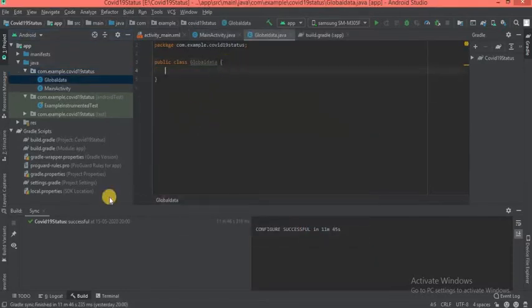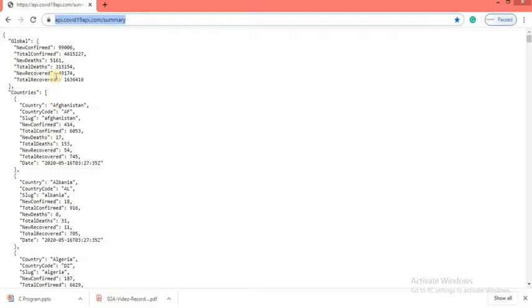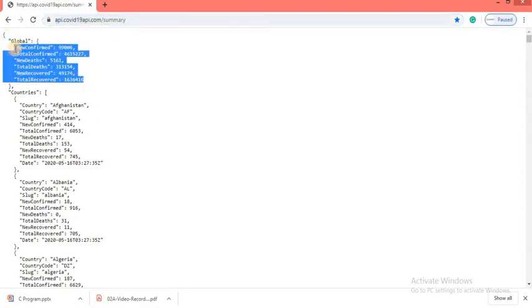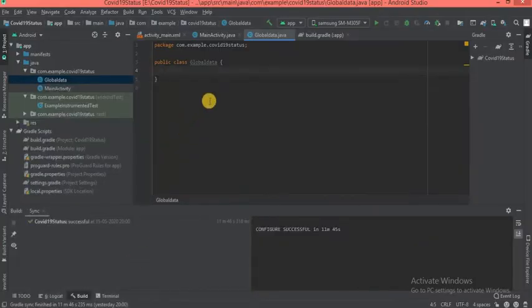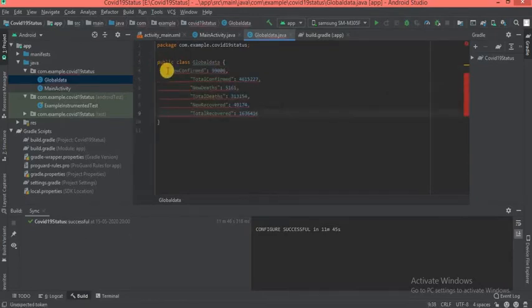Inside that we are going to store all those global values. Just choose the values, paste them here and comment them.